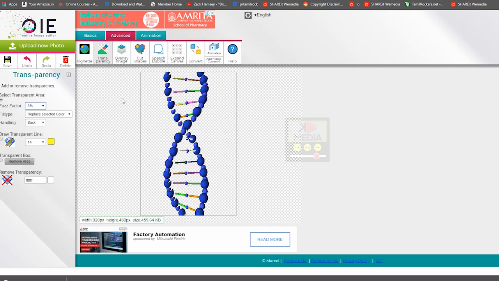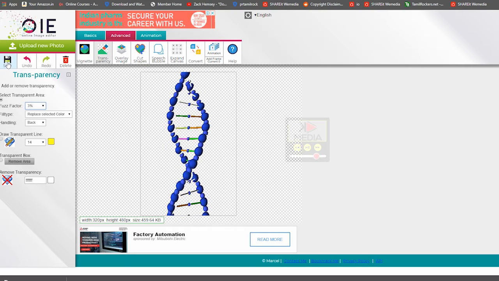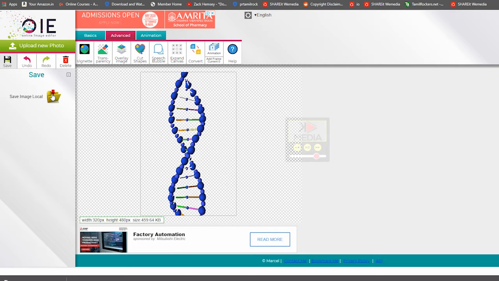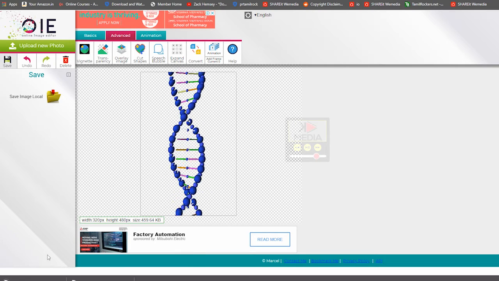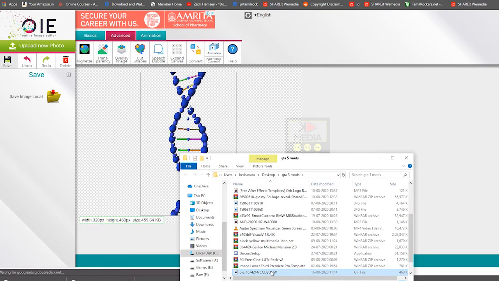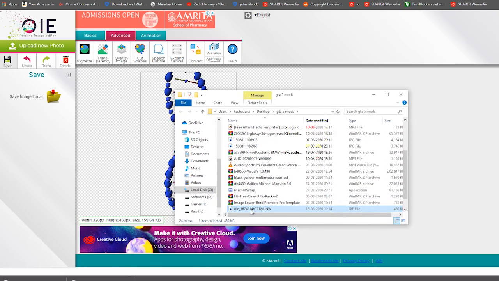Now I am going ahead and downloading this GIF by pressing the save button here, and it is asking me save local. Just save image, and it will download an OIE file. I am going to see it in my folder, and I'm going to rename it as DNA GIF.